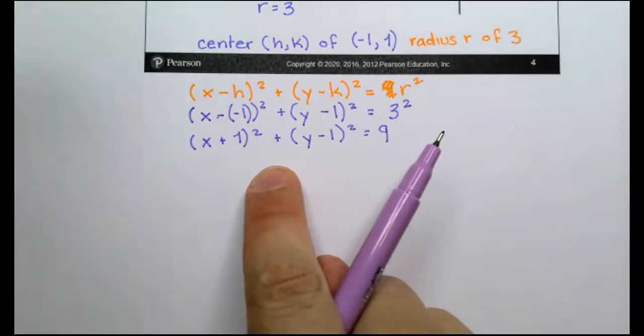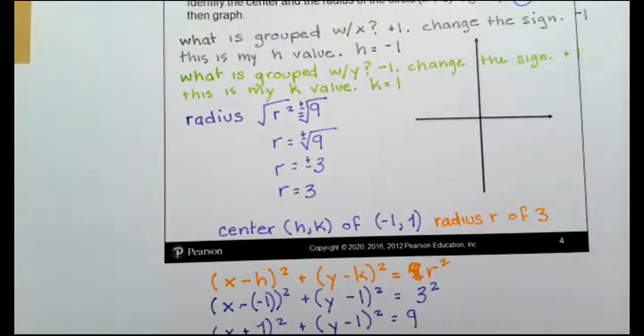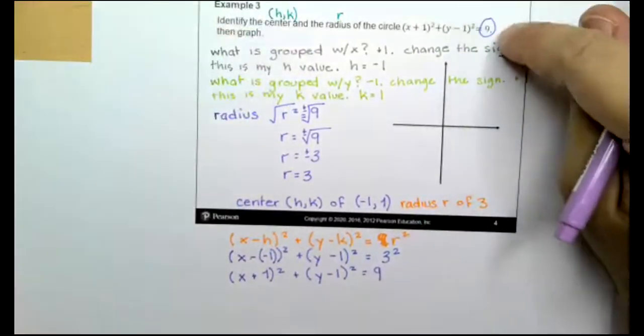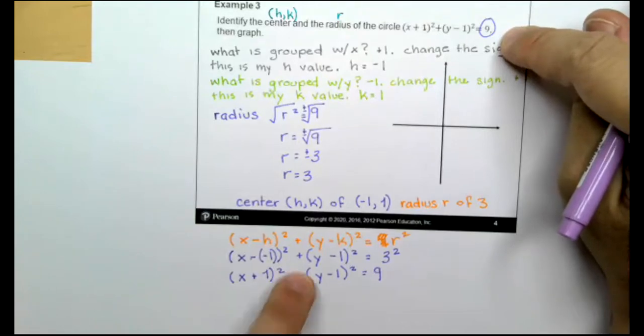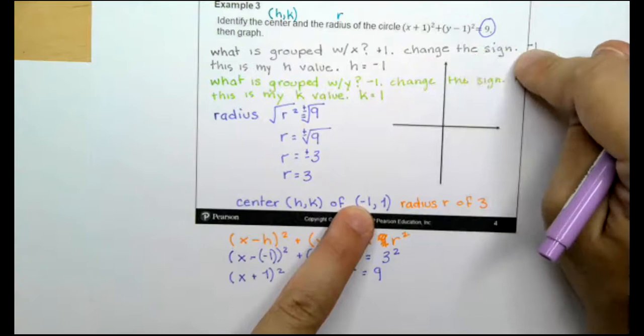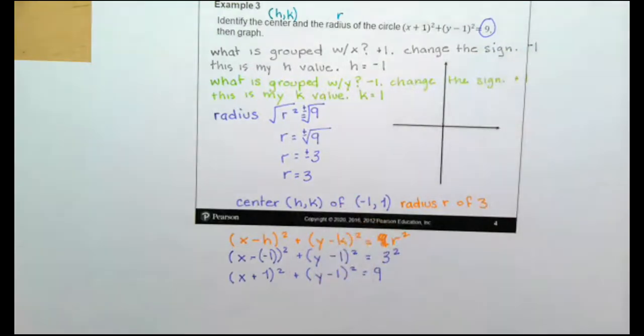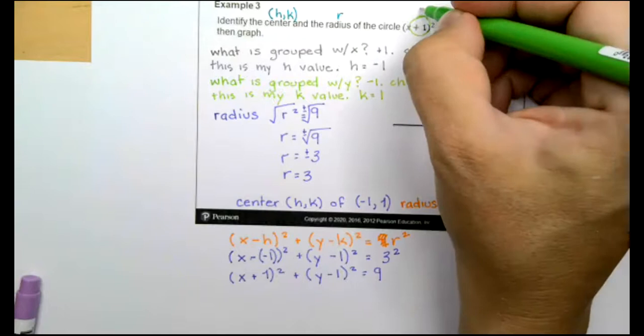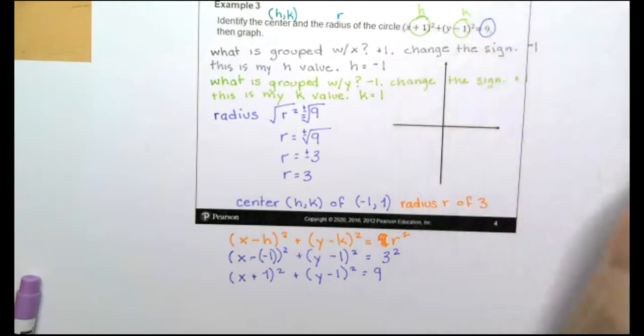So I will get that same equation as they gave us originally, okay? Because I changed the sign. I changed the sign of each of them, okay? If I hadn't changed the sign, right? And I just said, oh, this is a +1, this is a -1, this one's h, this one's k, right? If I had just done that,